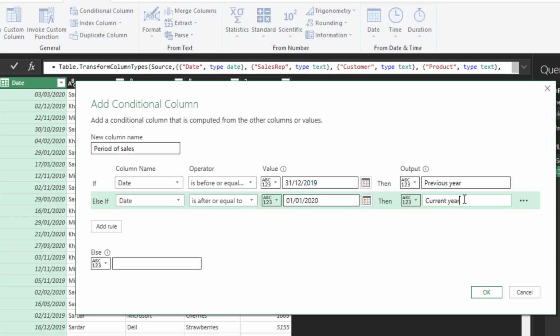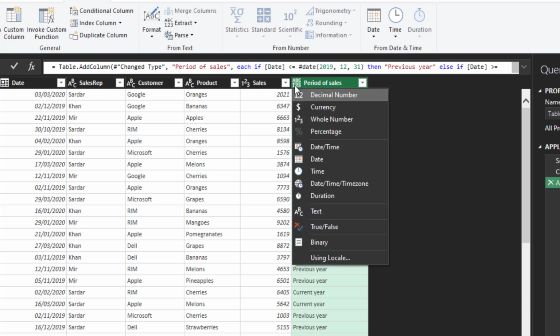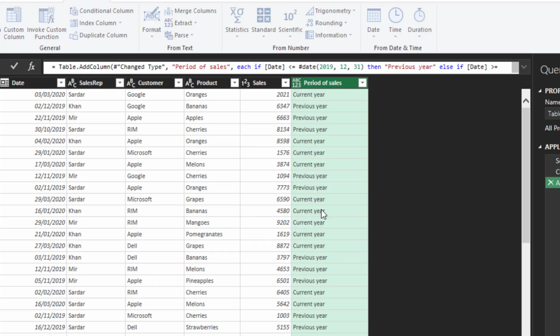If both of these conditions are not satisfied, then we can just have a blank. In Power Query, we can refer to blank with null. I'm going to click OK, and the data type would be text. You can see current year and previous year appearing in this column. So this is the first conditional column.